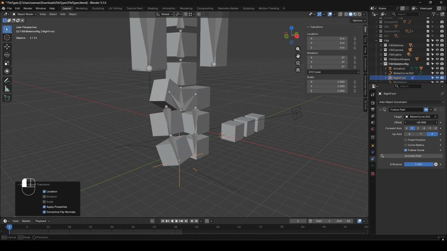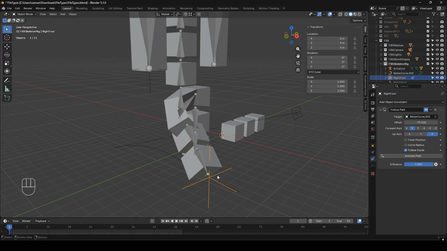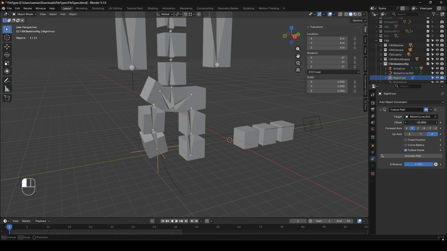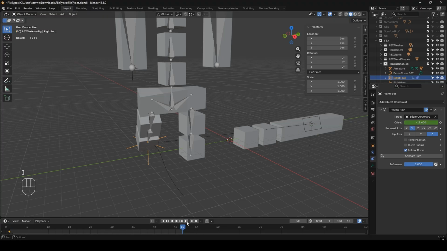It's because the empty needs to be at the center. I fall for it more often than I probably should, but basically what we're doing is when we move our empty over here, we're basically offsetting it when we tell it to follow something else. So yes, what we can do now is animate our -15 offset there, then at frame 50